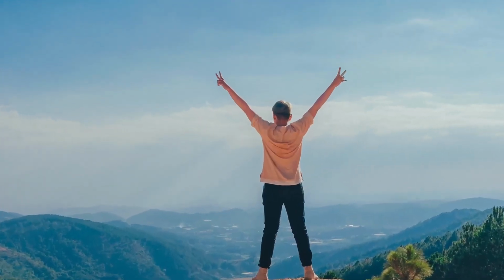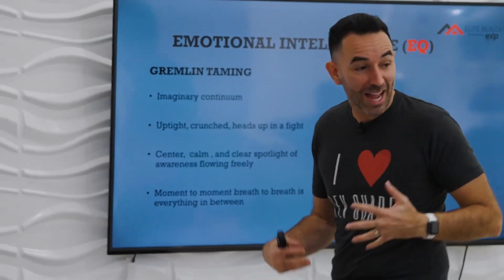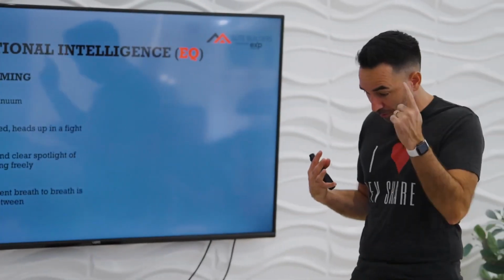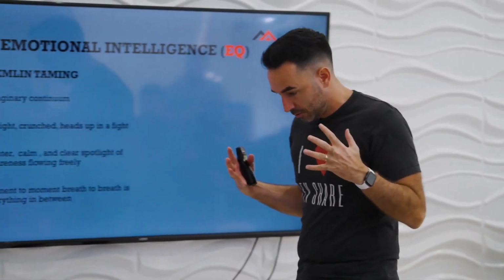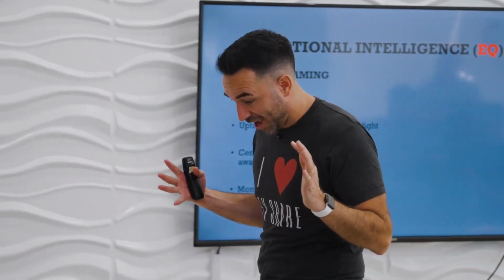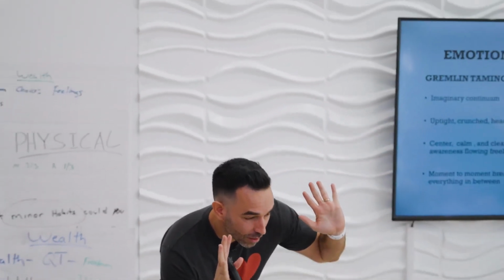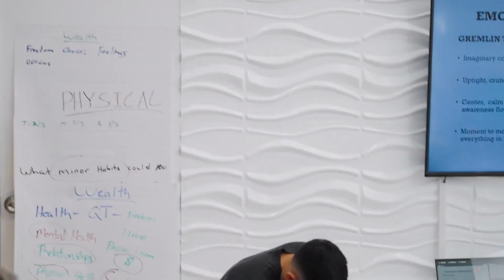Everything's going well. You wake up in the morning, did your affirmations, ate a good breakfast, saw the sunrise, and you're like, today's going to be fantastic. Then you check your email: a 1-star review. You start to go like this, towards which end of the continuum? The bad one. You start to tense up, freeze up, and as you do, what's happening up here? You're up in the world of mind, and what's your gremlin telling you? That everyone's going to see this. I'm the worst agent in the world. No one will ever want to work with me. I'll never make any more money in my life, and I'll end up broke and alone.